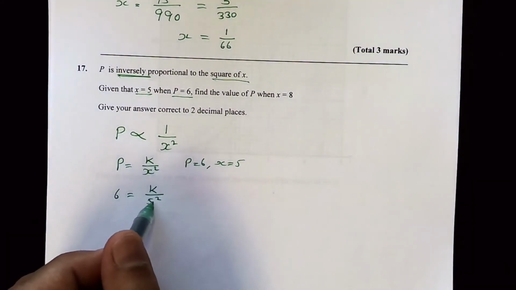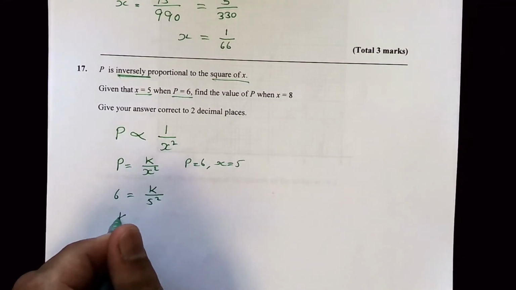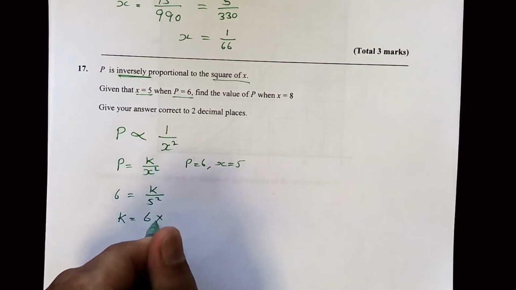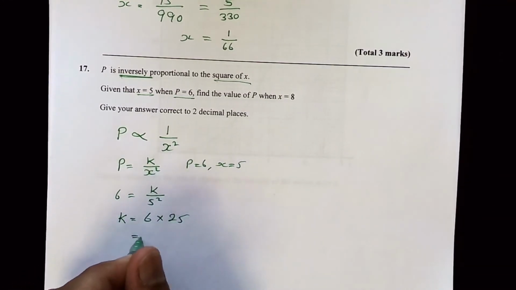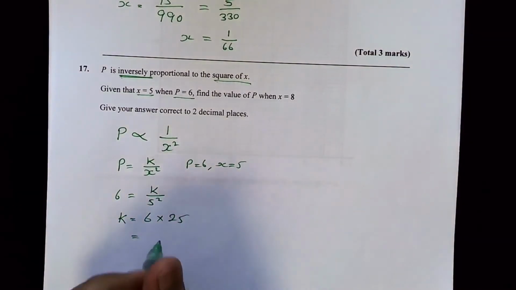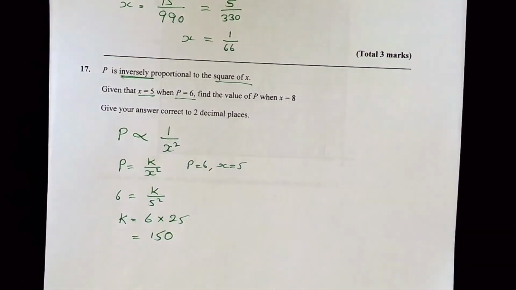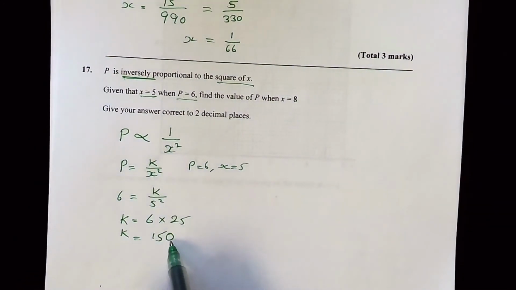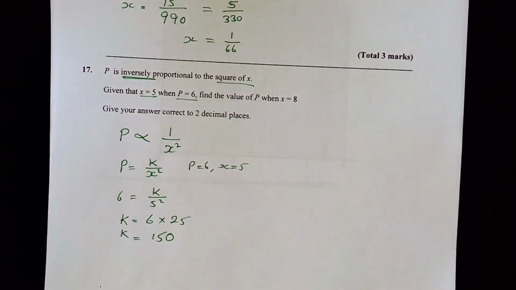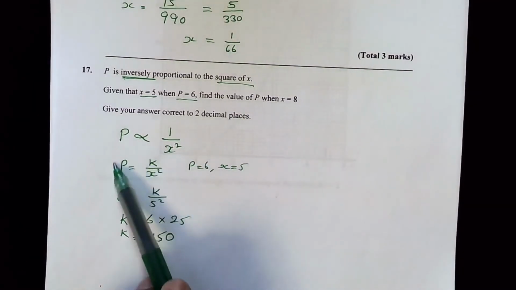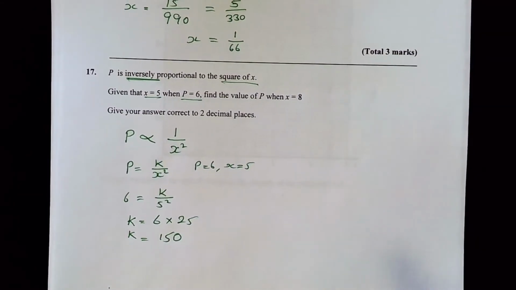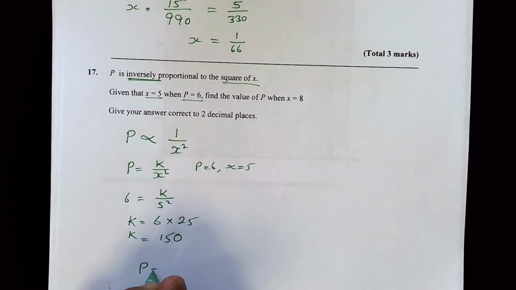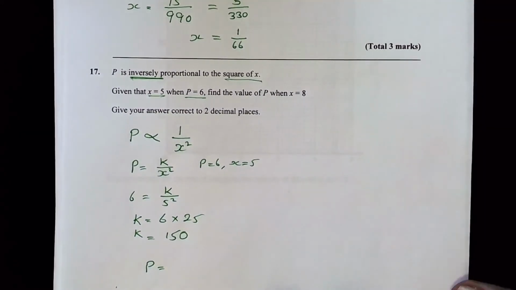And I'm going to multiply by 5 squared, which is equal to 25. So now k is equal to 6 times 25, which is equal to 150. Now that I've worked out k, I'm going to substitute this back into my proportional formula that I started off with. So now my formula becomes P equals 150, which was k,